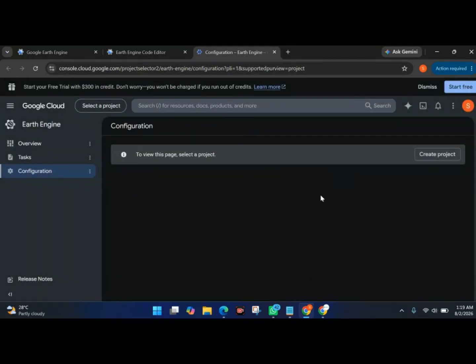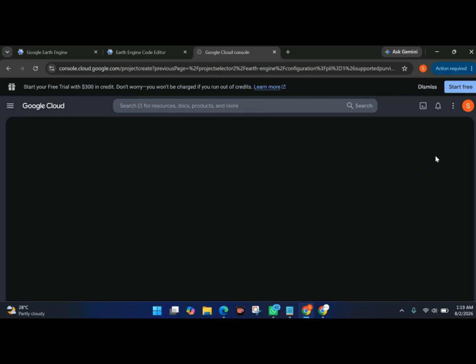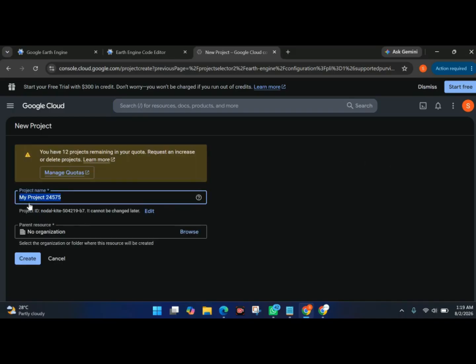Okay, fine. Then we need to create a project. Okay, so click on it. Create project. Then simply you can rename this, or you can leave this unchanged. Okay, so suppose we can write this project name like,